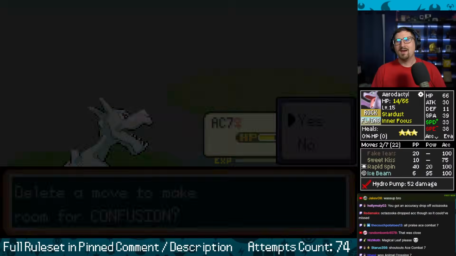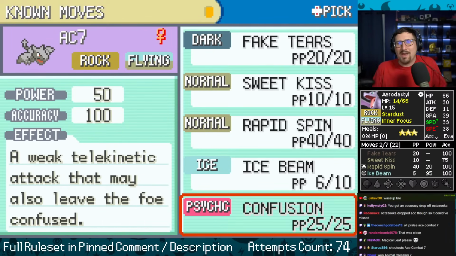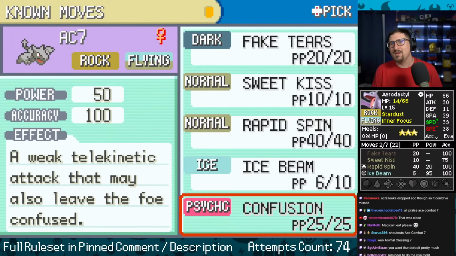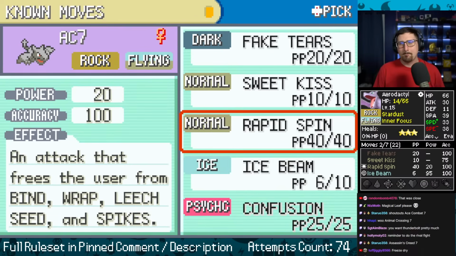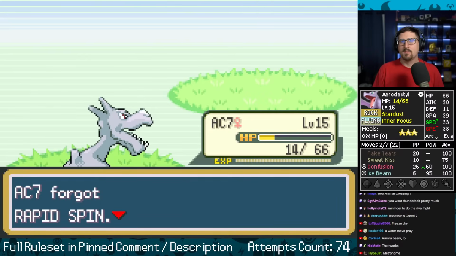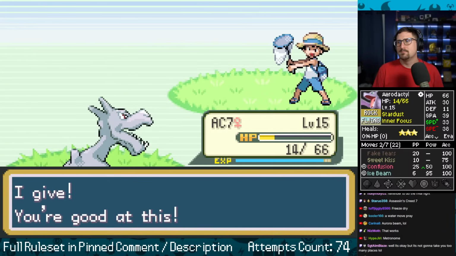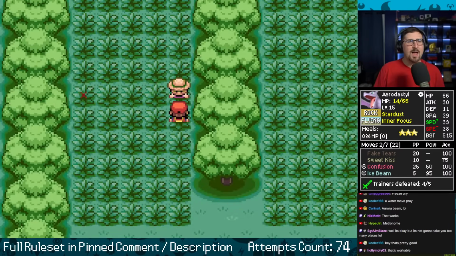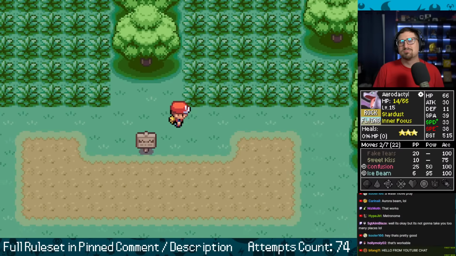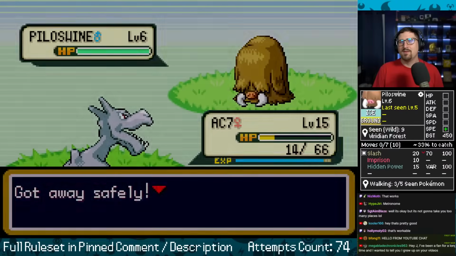Yeah. Yes. Absolutely. Absolutely we take Confusion. Like, is it the best move ever? No. I take this over Rapid Spin every single day of the week. Why not? Yeah, we take that. Absolutely. Sure. Why not? It absolutely could be worse. Getting a usable move in any capacity is something to celebrate. Thankfully, I'm fast enough to get away from all...